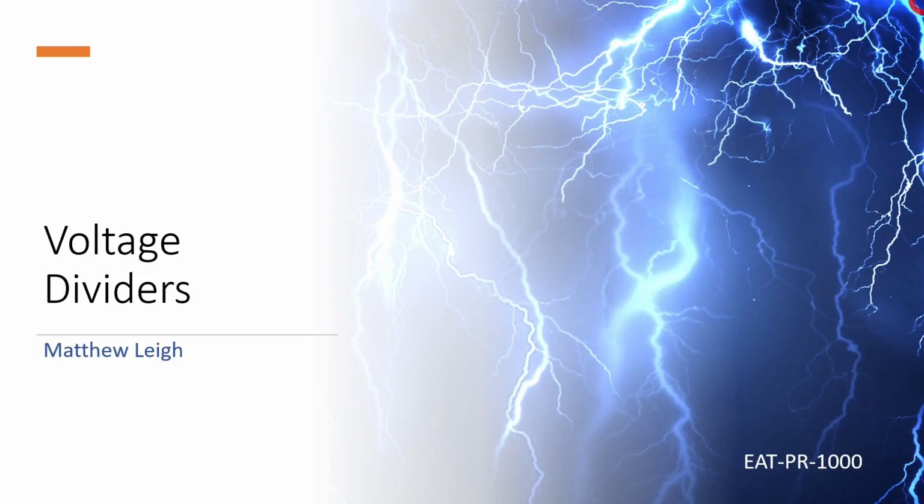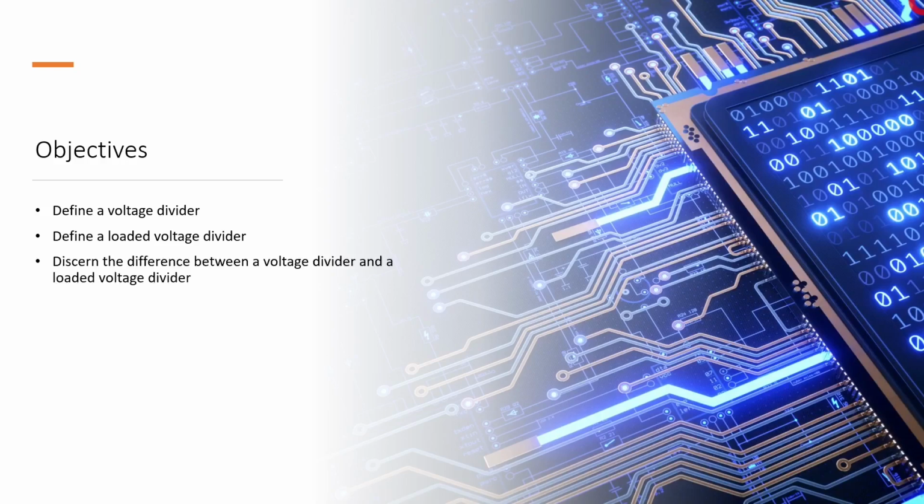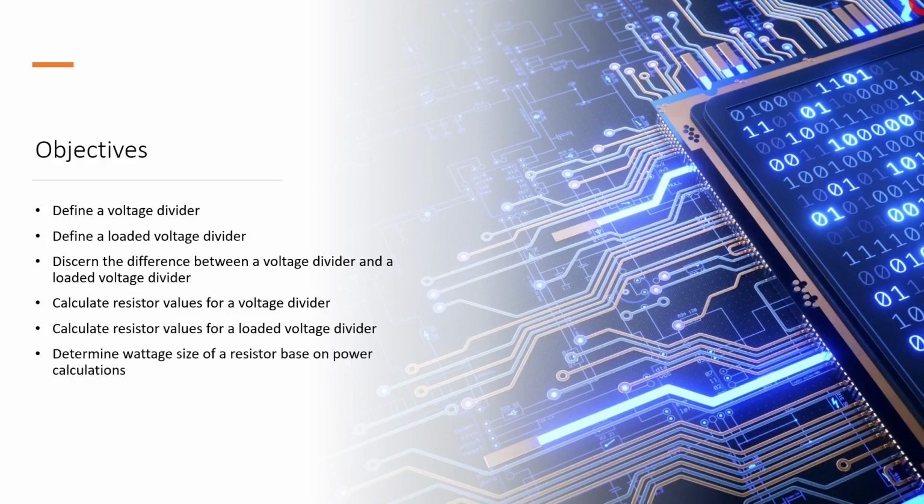So let's get started. We have some objectives. First, we want to define a voltage divider. Next, we want to define a loaded voltage divider, and we want to be able to differentiate between a loaded voltage divider and just a common voltage divider. We want to be able to calculate the resistance values for a voltage divider and for that of a loaded voltage divider. And then finally, we want to be able to determine the wattage size of the resistors based on